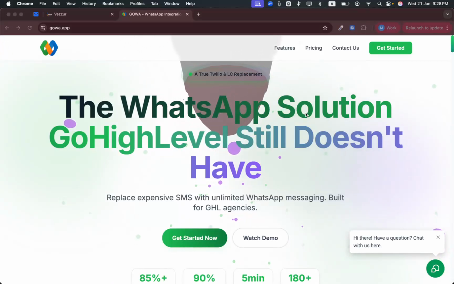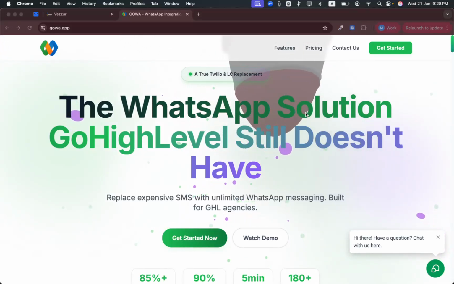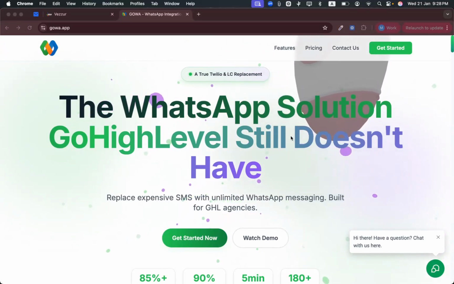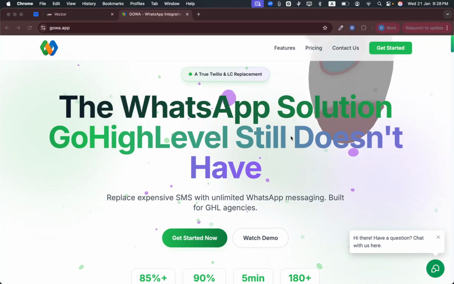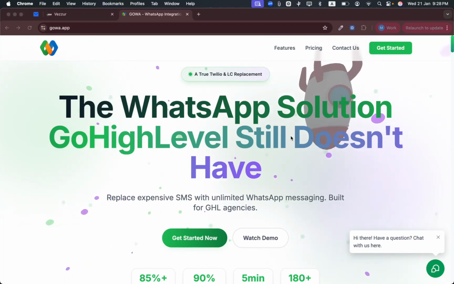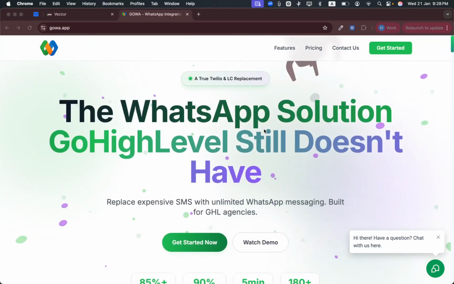Hey everyone, here's a quick demo for this app, GOWA, which provides you a direct integration with HighLevel, and using that you will be able to connect with your contacts on WhatsApp. So let's start